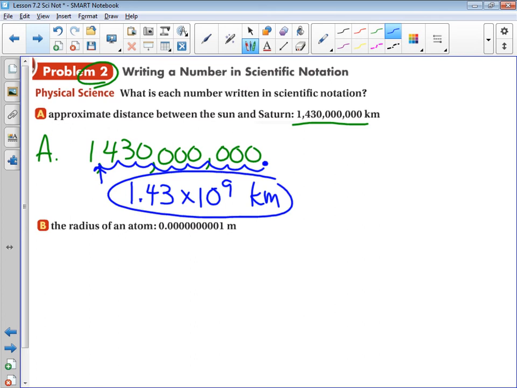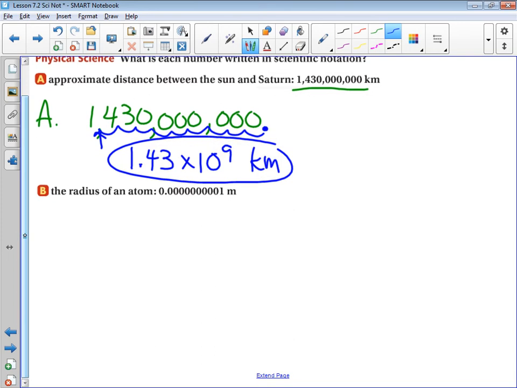That's it. Notice the exponent is positive because the number is really big. In the second part, part B, it says the radius of an atom is